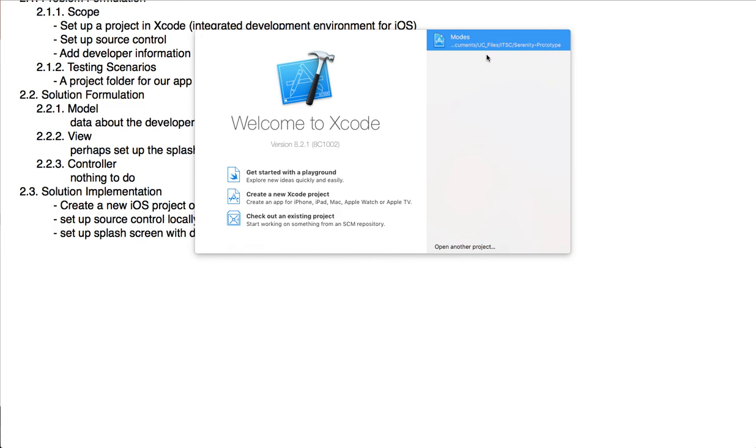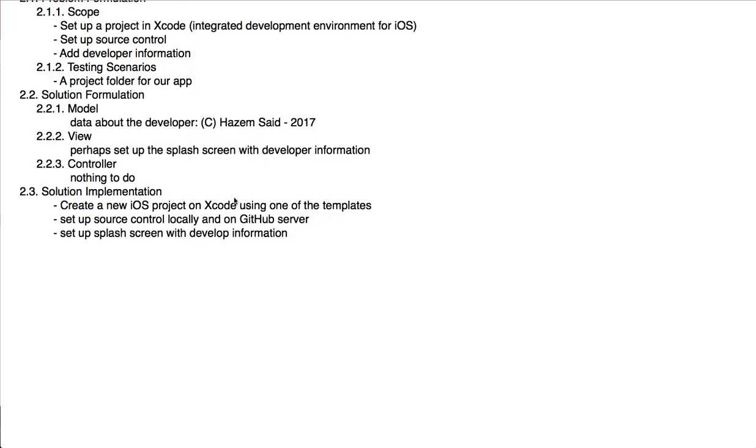If you have any projects that you opened before, they will show up here in this list. And you have three options: playground, new Xcode project, or an existing project. So we're going to create a new Xcode project. So click on new Xcode project,